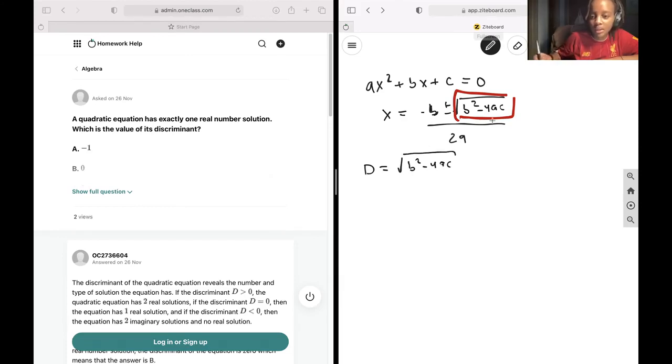Okay, so let's think of the different scenarios that we could have. So if d is equal to 0, that means that this plus or minus is no longer relevant because we'd only have one solution, and that would be negative b over 2a. So we know if d is equal to 0, we get one real solution. If d is greater than 0,